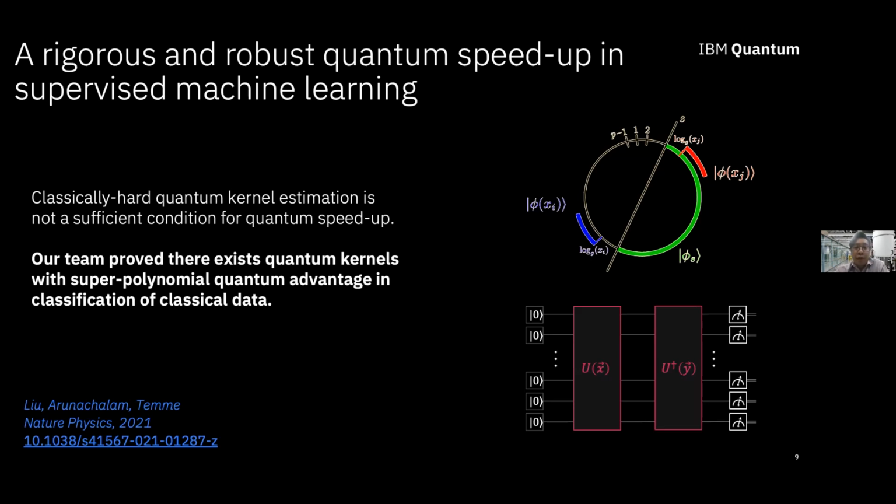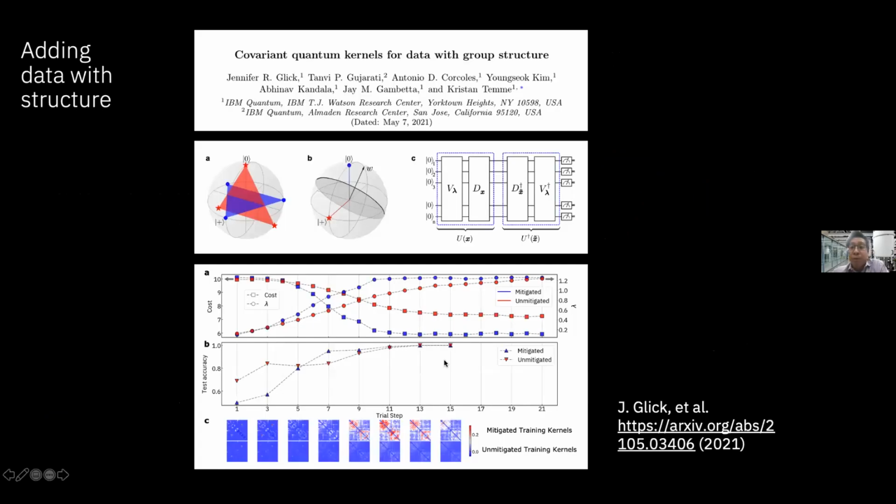So this is in machine learning. This is in quantum machine learning in the traditional sense with the QRAM and all, but it's really actually using the quantum Hilbert space as a space for finding quantum kernels to give you a classification advantage on classical data. And so this paper was published earlier this year in Nature Physics, and more recently we actually explored how to realize that type of advantage on particular data with structure.